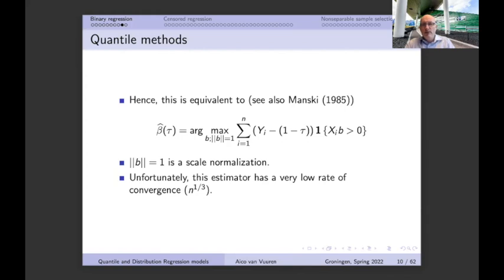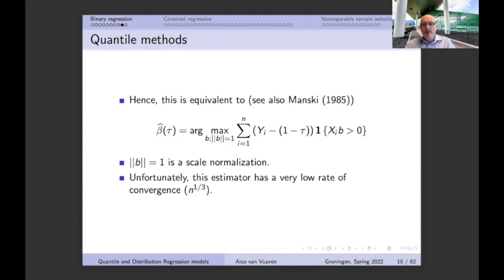You should realize that even in a standard probit model, we could of course ask ourselves the question: why do we in a standard probit model assume that the variance of our normal distribution is equal to 1? The probit model of course assumes that the error term is normally distributed, but we typically assume that the variance is equal to 1. Why don't we just allow for another value of the variance? Why don't we simply estimate the variance as well in the probit model? Well, the answer to that is simple.